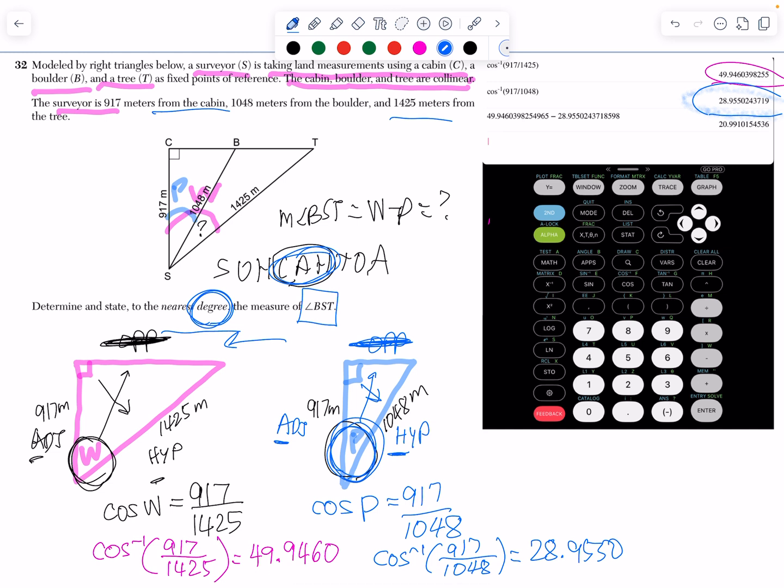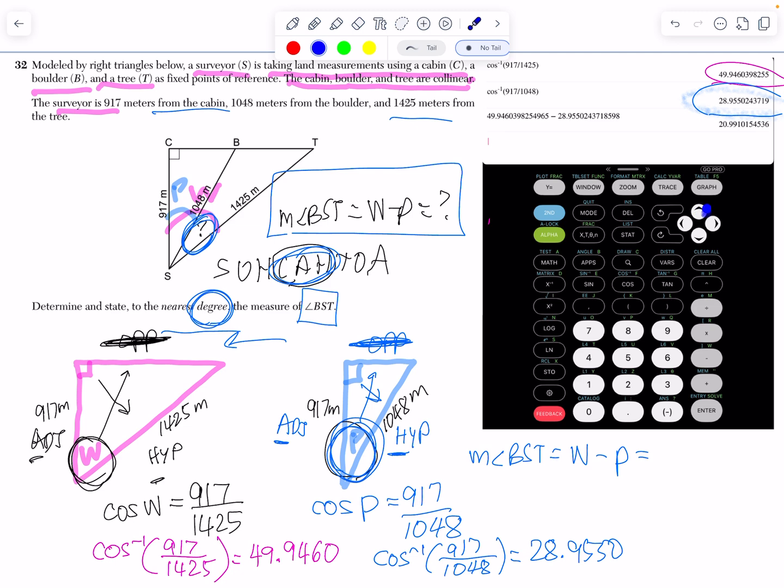Now remember, we're still not done with the problem. We wrote our goal here. In order to find our angle BST, what we have to do is subtract W, the whole angle, minus the part angle. So you use the up arrow key right here, highlight this whole number, and press enter, and that's how it shows up here. Then you press minus, use the up arrow to highlight this, then press enter, and this shows. So when you put those two numbers into the calculator and subtract, we get